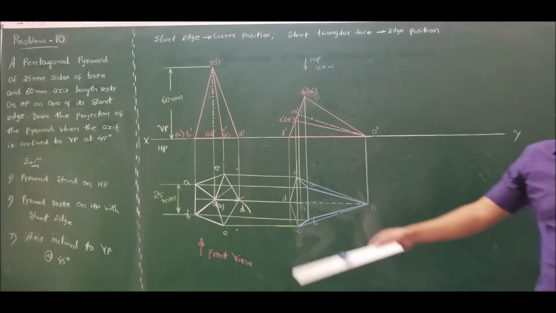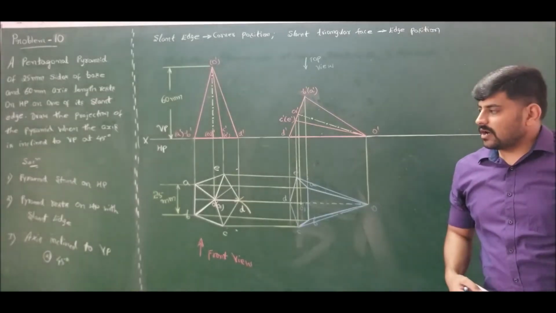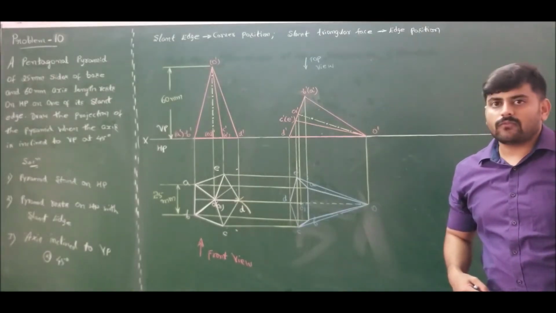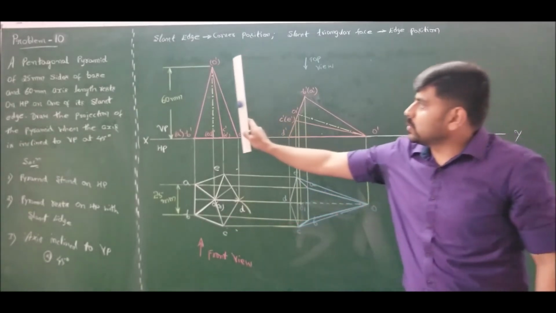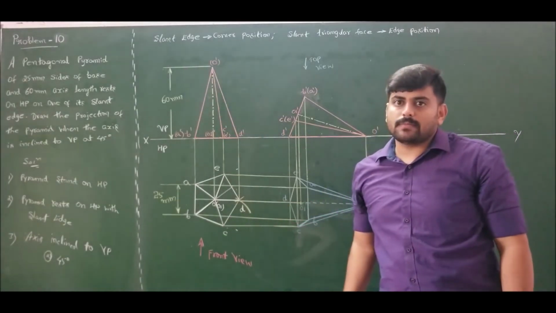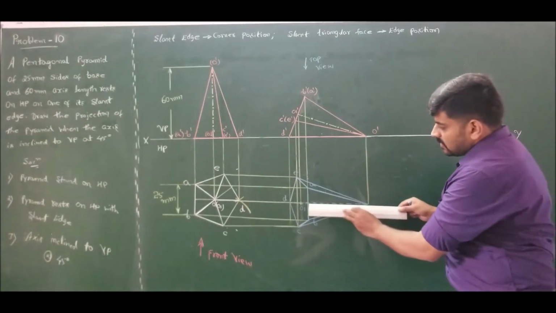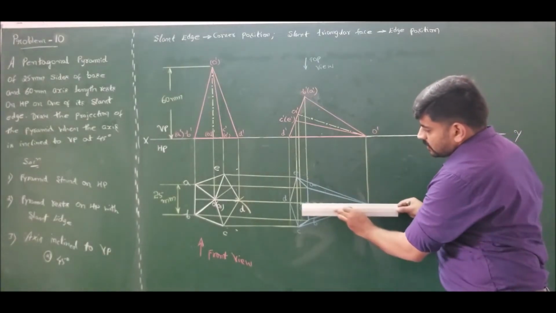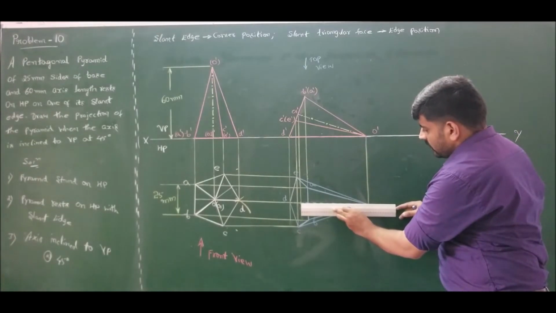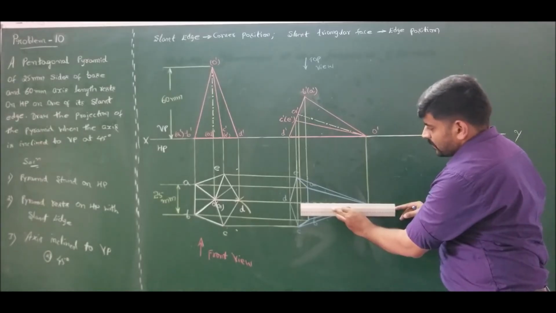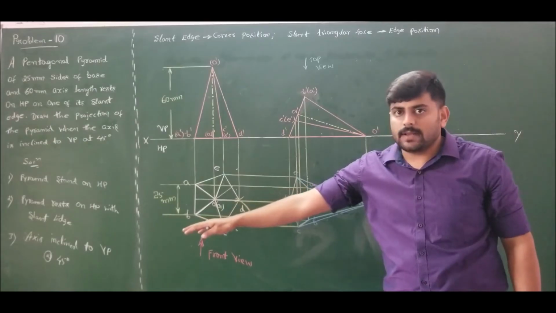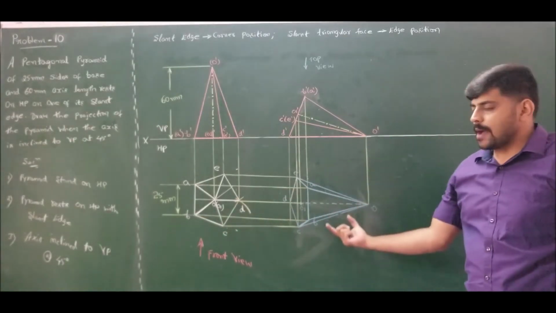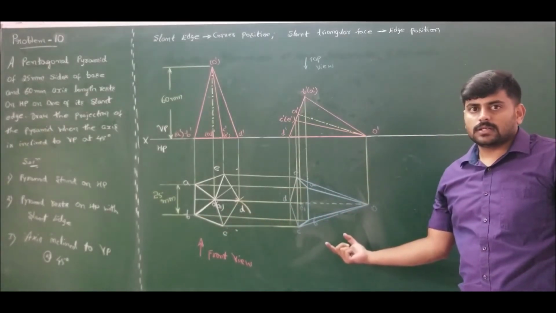Now in the third position, I should show the inclination of the axis with respect to VP at 45 degrees. That 45 degrees is the true inclination of the true length of the axis, which is 60 mm. But if I measure, the axis length is reduced and I have an apparent axis length. Therefore, for a 60 mm axis length, if the inclination is 45 degrees, the inclination for this apparent axis is to be determined.